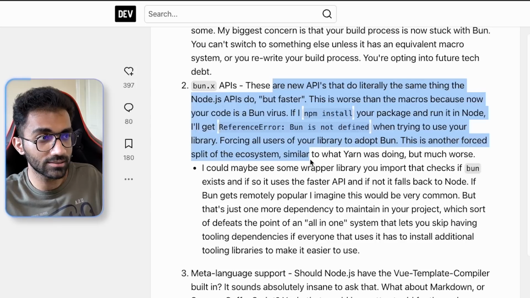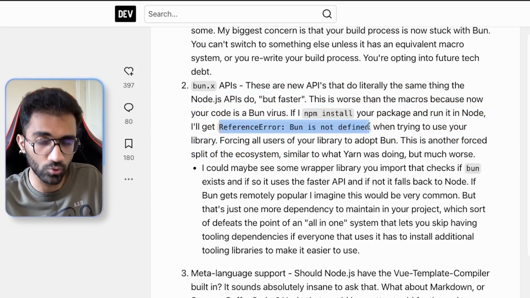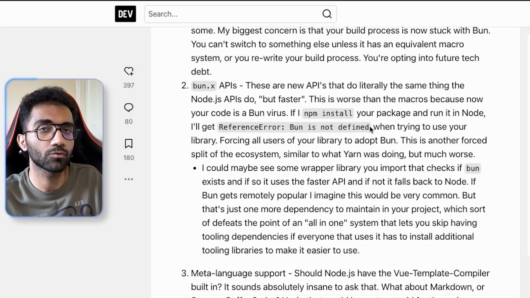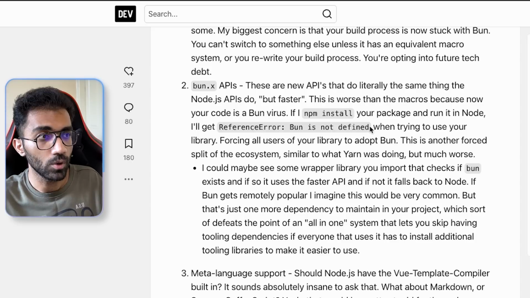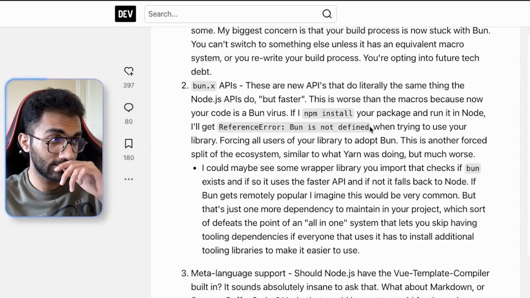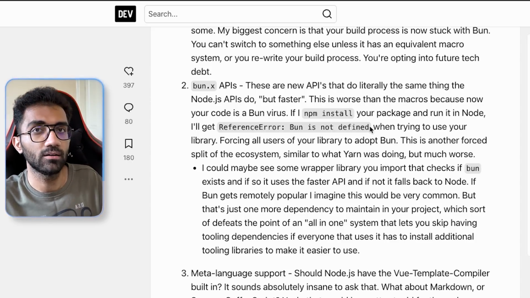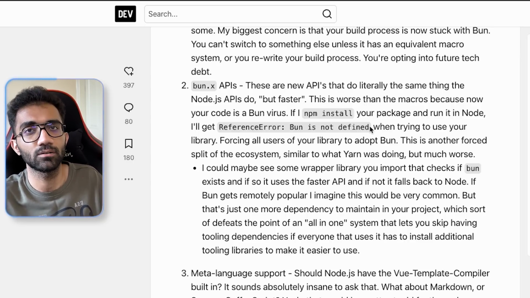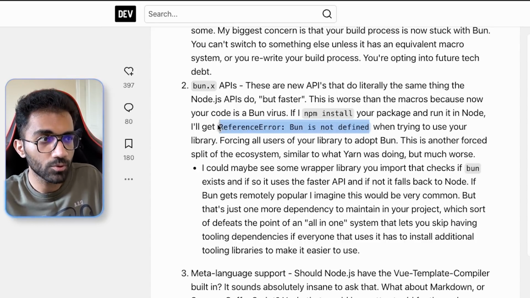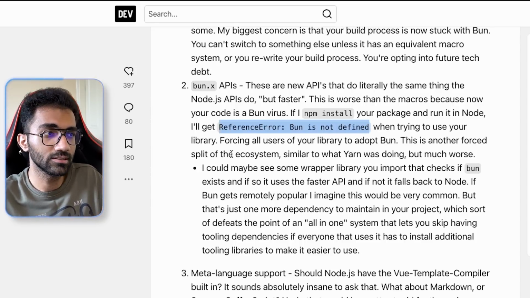So this thing is huge. If anything, we also use Bun in some of our tooling because of the speed up and the TypeScript support, but we would never use any Bun API, to be very honest, because someday something breaks in Bun and we need Node, or for any reason we need to build our project somewhere else where Bun is not available, this just stops working then, right? So this is a huge thing.